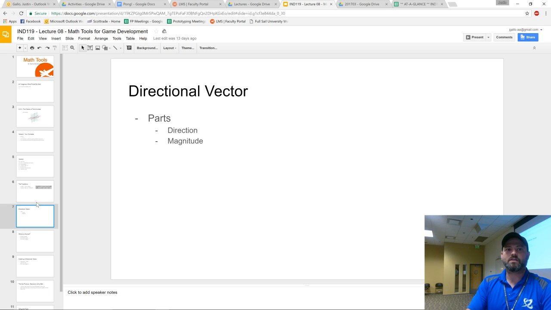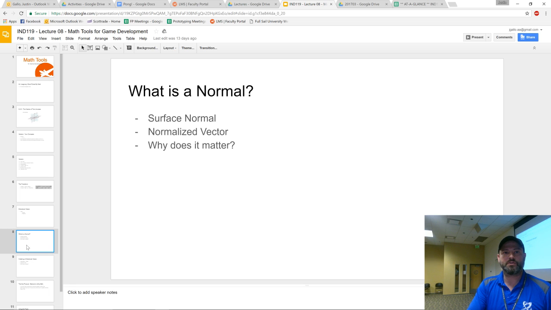Okay, so I talked about directional vectors. I talked about direction and magnitude, right? Does everyone understand that concept pretty well? There's a direction and a magnitude of the way that we're going. And so when I talk about a directional vector, we need to say, how do we create a directional vector if we need to? And I'm not even going to get into that yet. I'll get into all the fun things in a second when I open Unity.